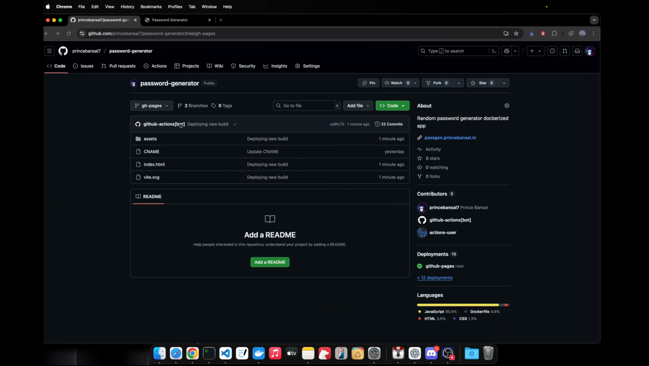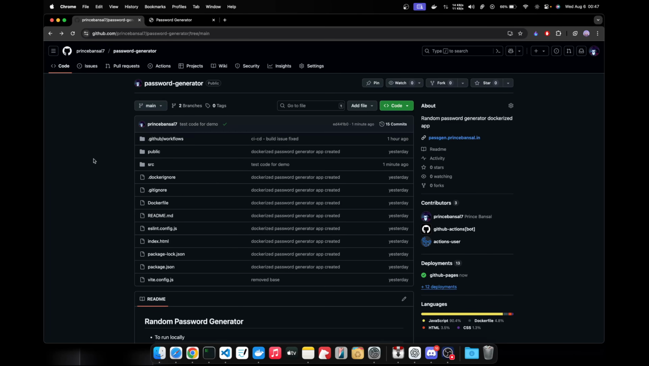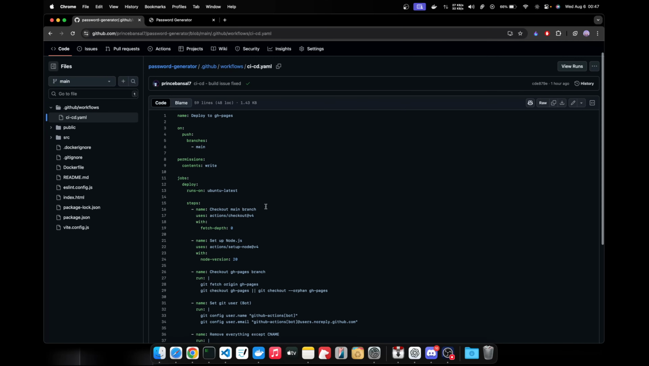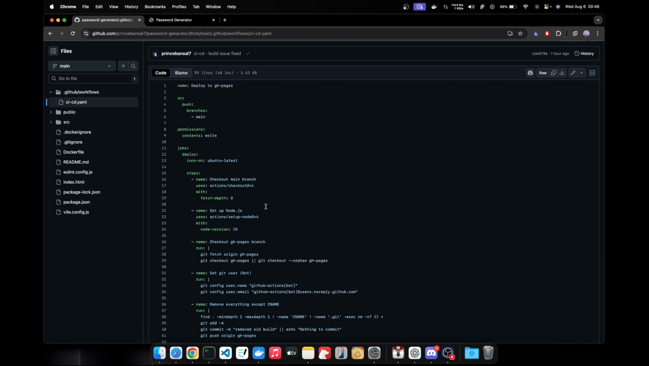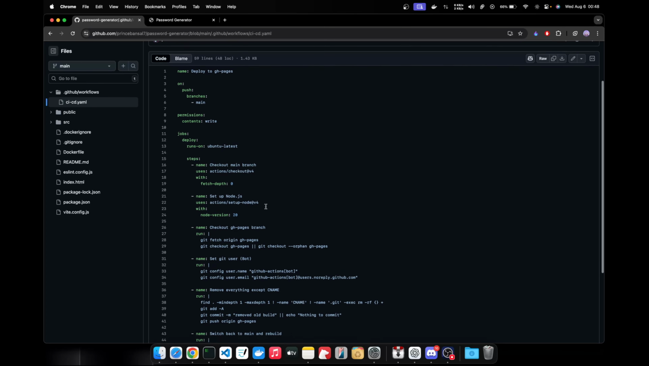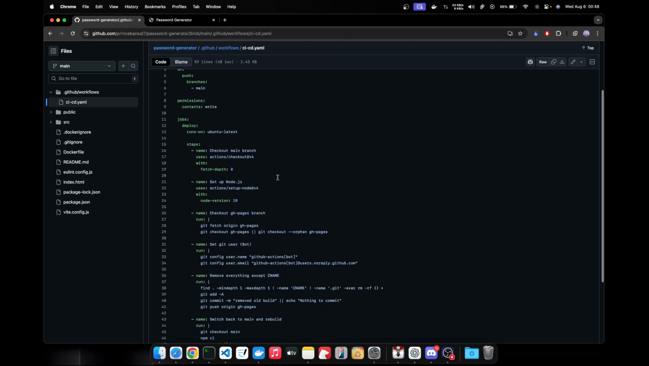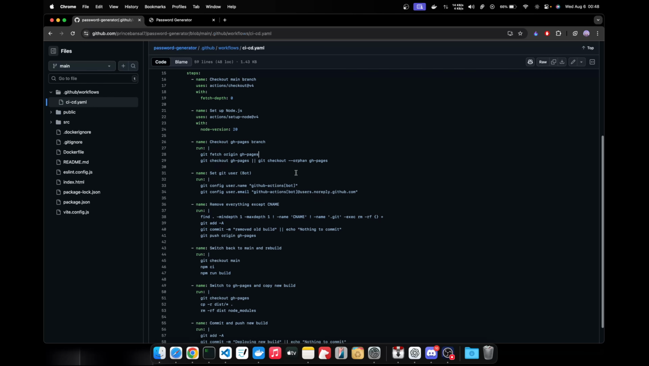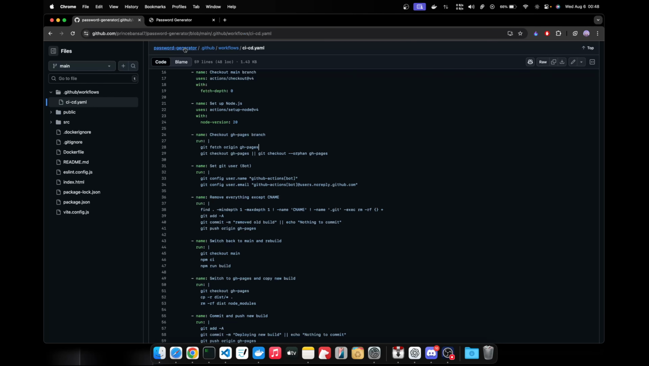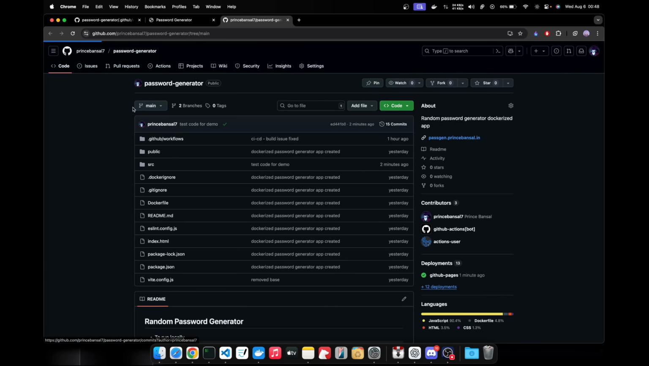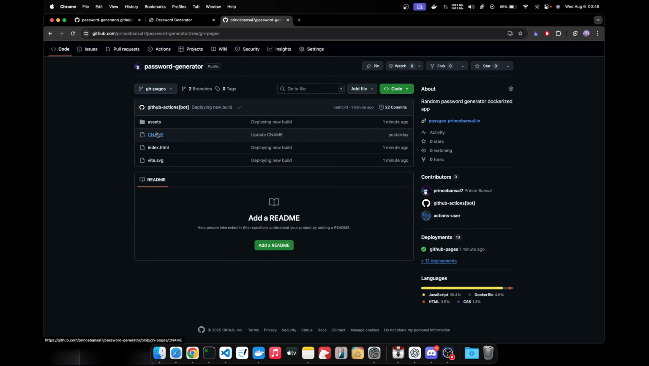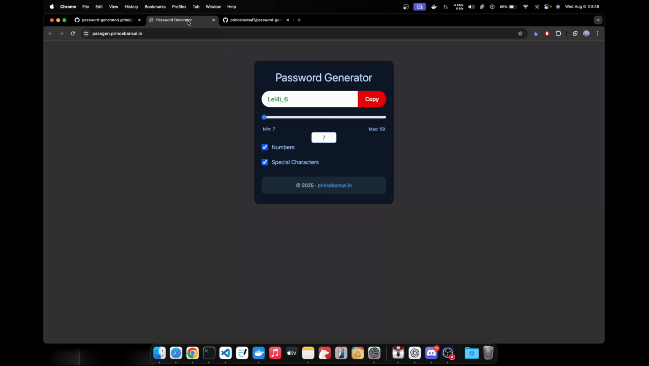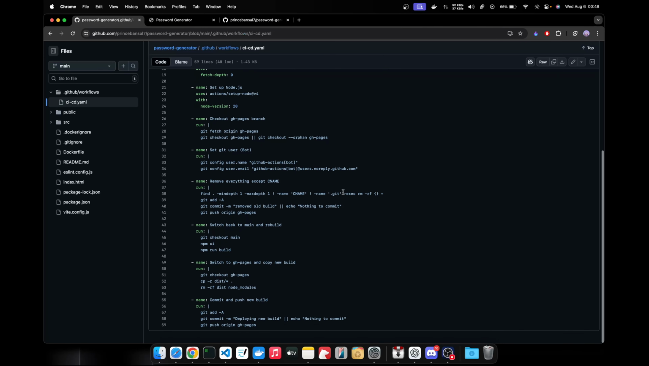Let's just go to the GitHub Pages itself. So simply what I'm doing here is whatever I was doing earlier manually, I did via CI/CD, right? So as I said, firstly I'm checking out the main branch, setting up node, and now I'm going to this GitHub Pages branch, and I'm deleting everything except my CNAME file. This is the CNAME file, which is automatically generated when you set up GitHub Pages. Now I'm deleting everything except the CNAME file and committing the changes, and I'm going back to my main branch,